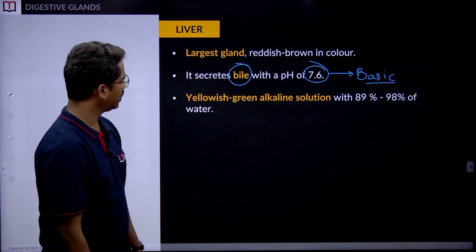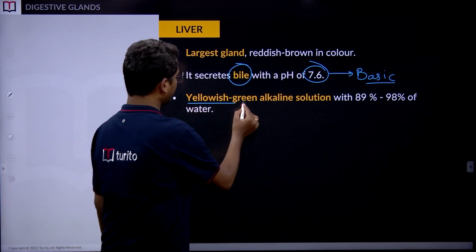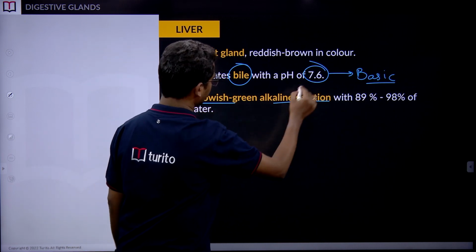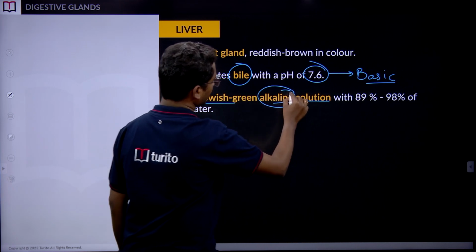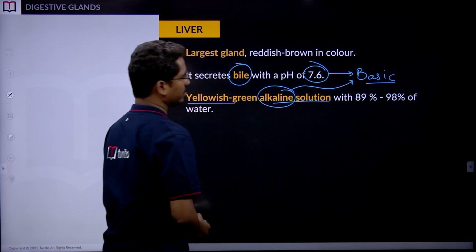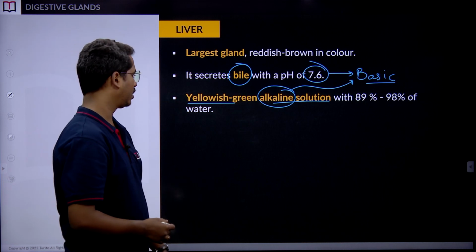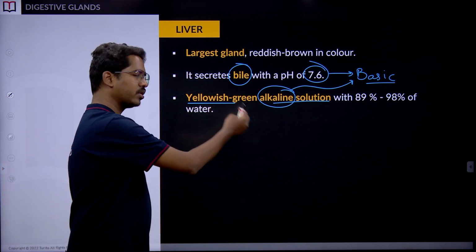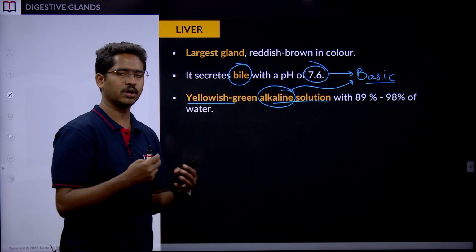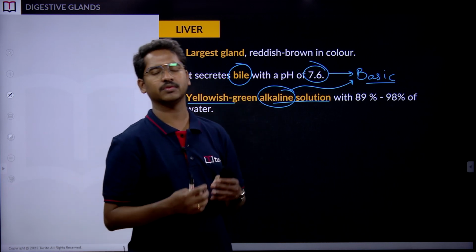So, you see, the bile juice is a yellowish green alkaline solution. Alkaline refers to basicity, or basic. Okay. So, it is a basic solution, and because our body has more than 65% of